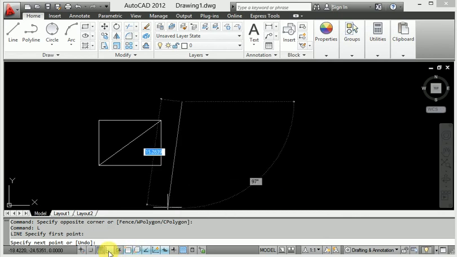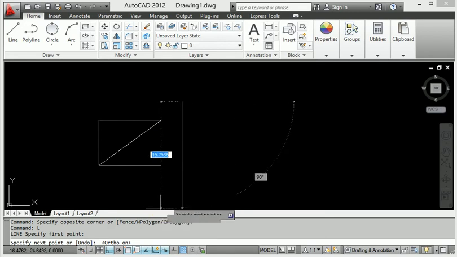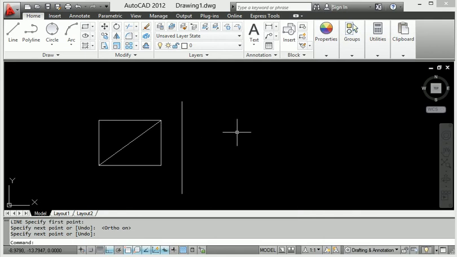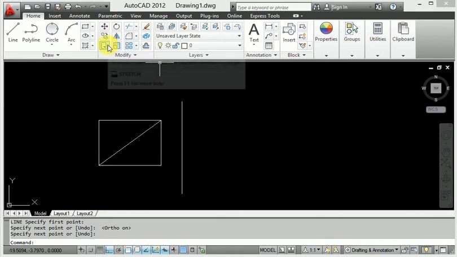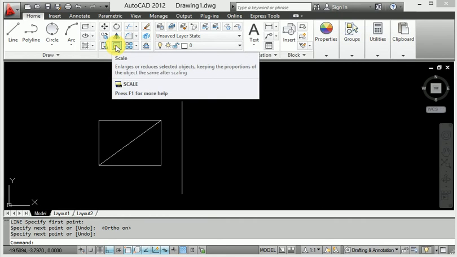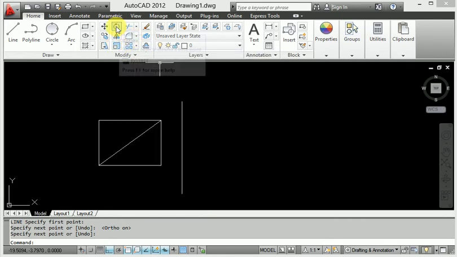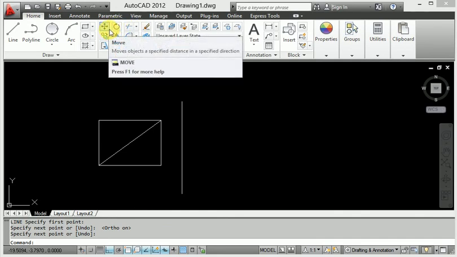When I click ortho, the line goes straight. So where is mirror? It is in the modify command panel, just above, like mirror here. Then there is copy, stretch, offset, scale command, fillet command, pattern command, rotate. Different types of commands are available here.